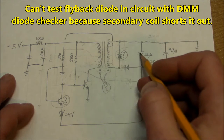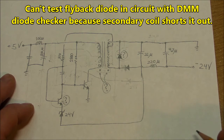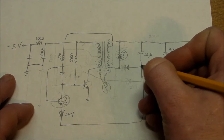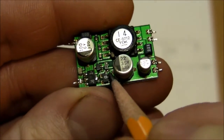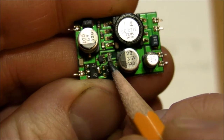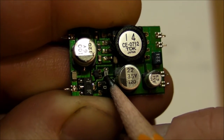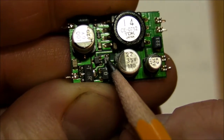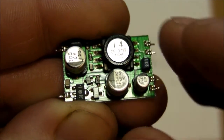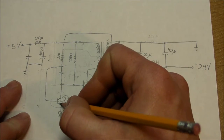Now of course on the secondary side there's the main rectifier diode right here, and a flyback diode possibly existing right there, and then of course a capacitor and inductor filter going out to negative 24 volts. The feedback for voltage regulation comes back down here to this Zener diode. If we can focus on this, that tiny little dinky thing right there, maybe the camera can make it out. There's a very faint 24 printed on there and a little bar on the top, so right away I was thinking that would be a Zener diode with a 24 volt Zener breakdown voltage,